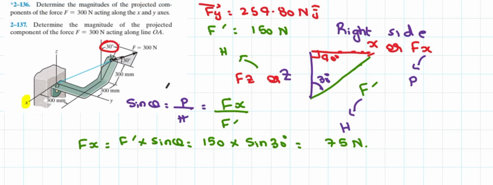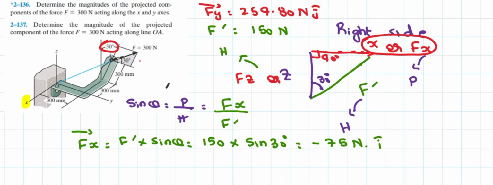What about its direction? So this x-axis right here, if you take the right hand side view of this image, this x-axis basically lies into the page. So whenever the direction is lying into the page, that particular direction is to be taken as negative. So it is nothing but negative 75 Newton I cap. This is the value of fx, or you can say that this is the value of the component of force F acting along the x-axis.